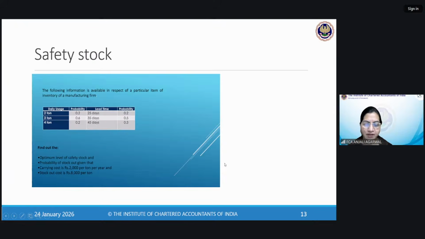Team, we have one very important illustration 7 in your ICAI study material, where you will see a question on what should be the level of safety stock. I would like to touch upon both the questions here. But first, let me explain the concept, and then you can move on to that question illustration also, or go through that illustration where it is said that 100 units are ordered